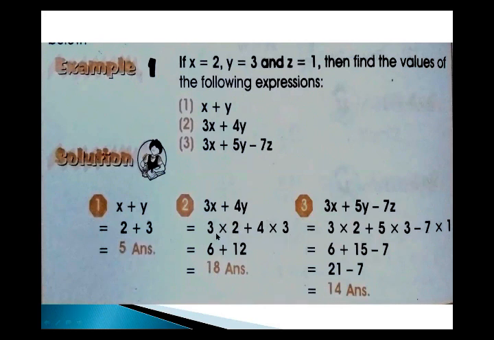Okay, then in the algebraic expression there is another rule. If you have different operations in the same question, it means that if you have a question in which you have the addition operation, multiplication operation, division operation, and also the subtraction operation, so firstly you just solve the division operation. Then you solve the multiplication operation. After solving the division and multiplication operations, you solve the addition operation and then the subtraction operation. In this expression, you have two operations. The first one is multiplication and the second one is addition.